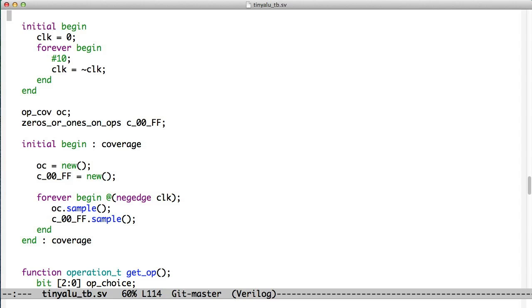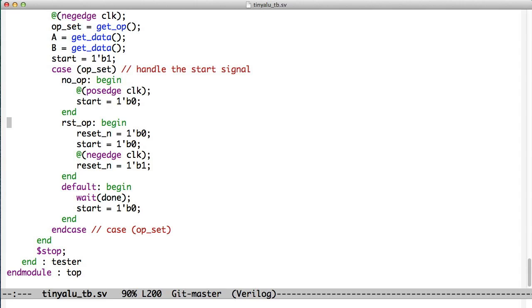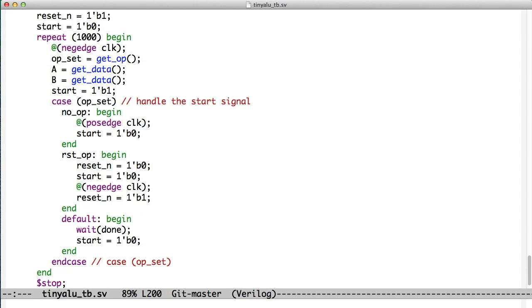So this covers the basics of the initial test bench. When you run this test bench, you see you completely test the TinyALU. We get all of the operations covered, and we get all the interesting data covered. In our next